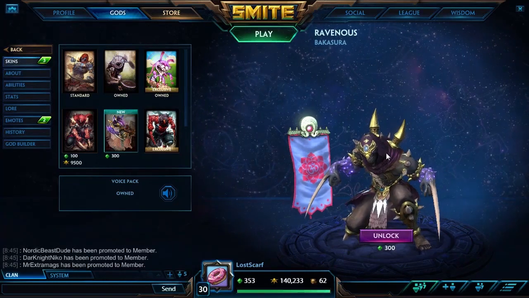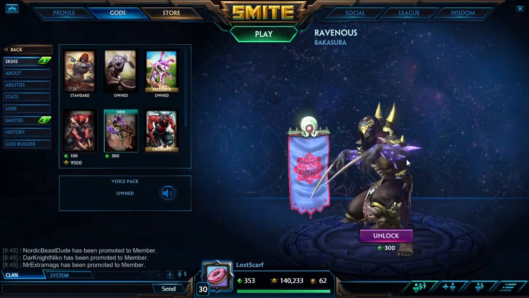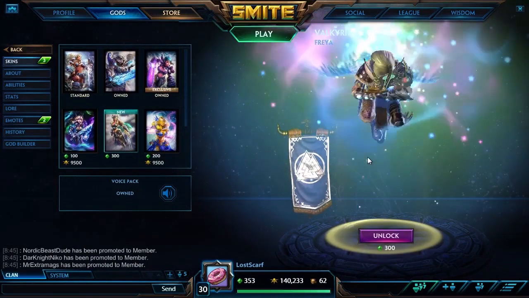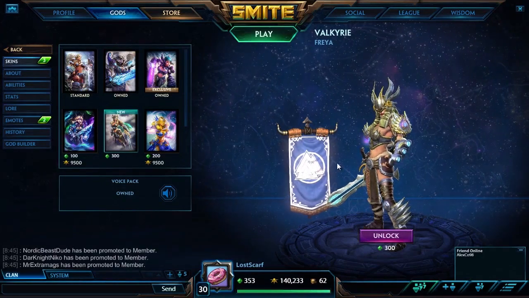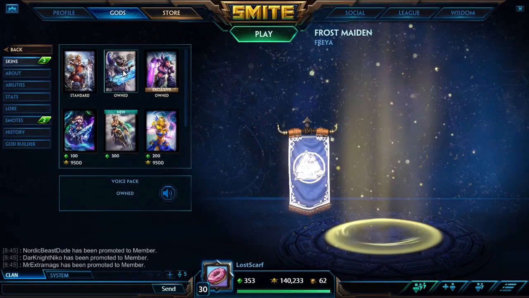And this is minor model changes and upgrades. So he uses the original god's theme and voice pack. But for some reason he's 300 when it says 250 in the notes, and Freya is also 300, so why does it say 250 in the notes? That's weird. Now 400 gem skins, which I believe would be